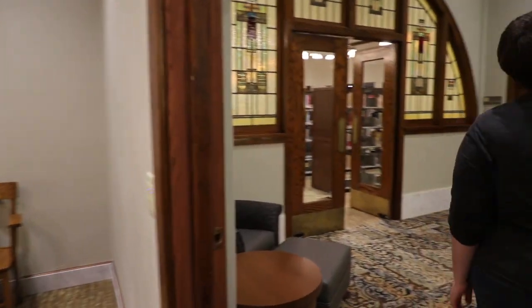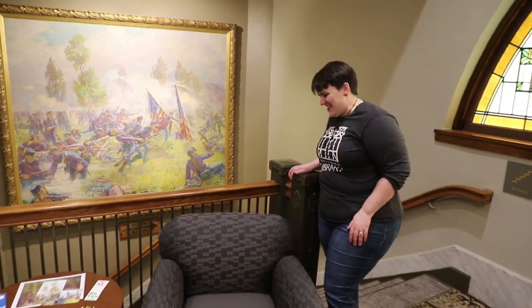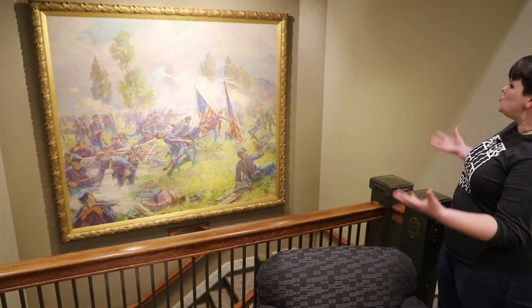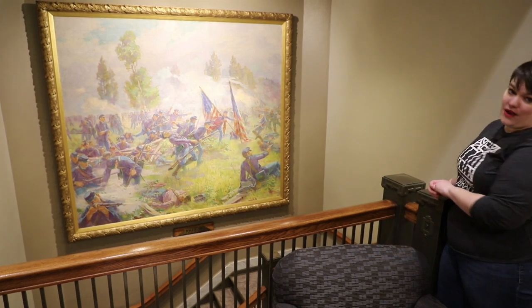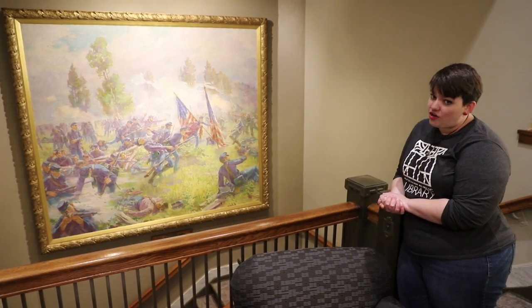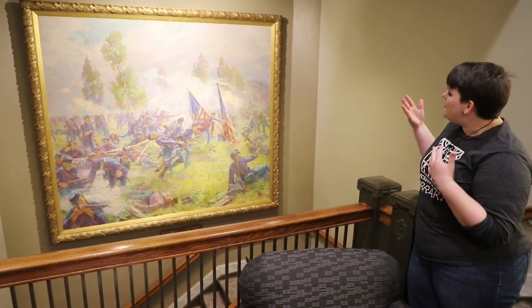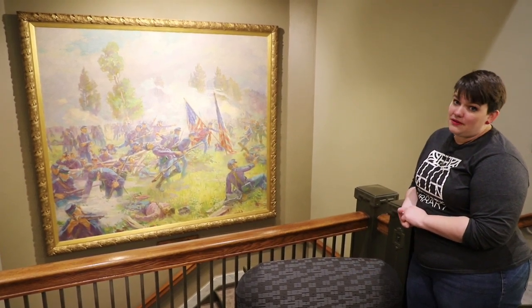But the thing I think people will notice up here the most, and one of the things we are so proud of and so excited to re-debut to the public, is the Battle of Fair Oaks painting. This is a huge mural-sized and style painting by Robert Grafton that shows the Battle of Fair Oaks, Virginia from the Civil War. And this was a battle that Charles Eckhart, who founded this library and donated to this library, fought in, and his son had this painted, and it has lived in the Eckhart Public Library since